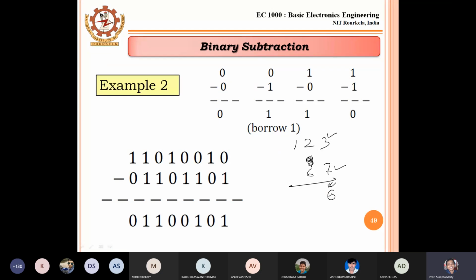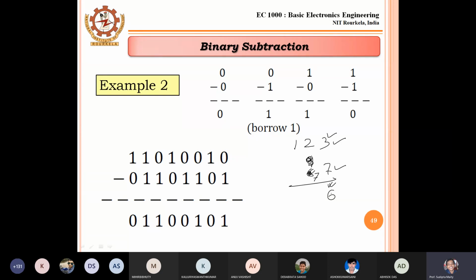So I have to take one borrow because 10 has been added with 13. So this one has to be added with 6 or 2. In which bit should I add this borrow 1? That means 10. This one I have to add now, so add it with 6. 6 plus 1 means 7. Now 6 will be replaced by 7.